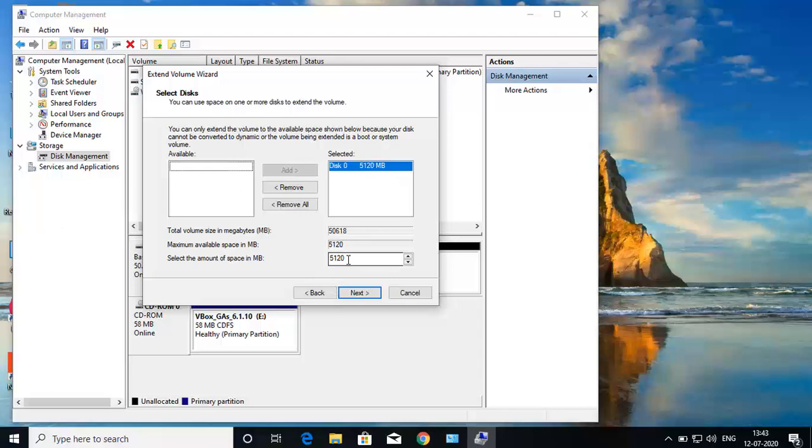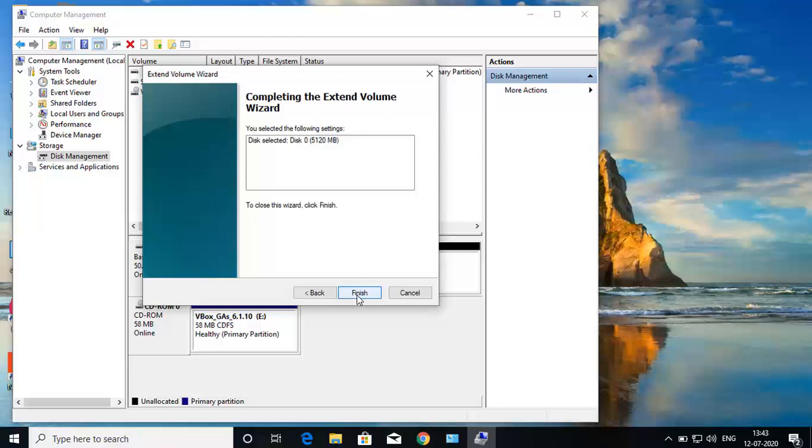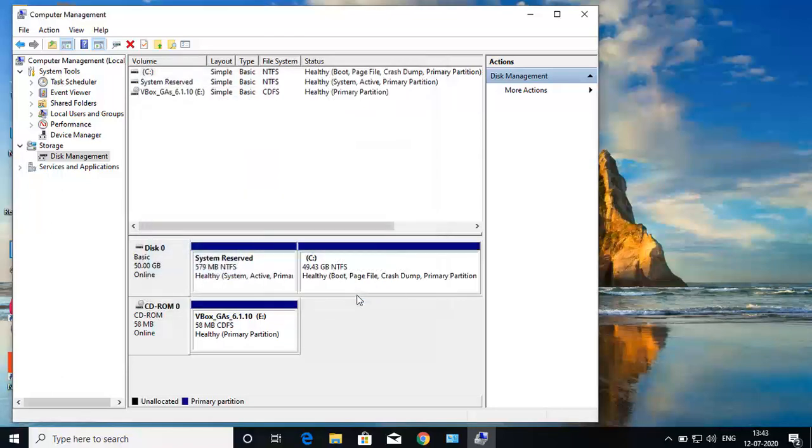We can also reduce it, in place of 5120 we could take 3000 MB only, but we want to complete 5120 MB to merge it. So we'll click Next, and again Finish. So this is all. You can see that the new partition is merged again.